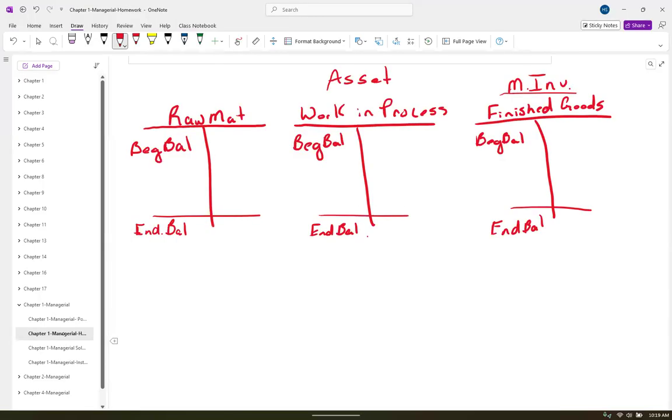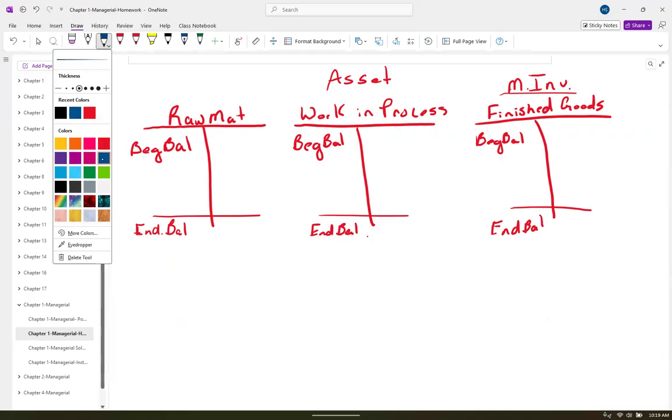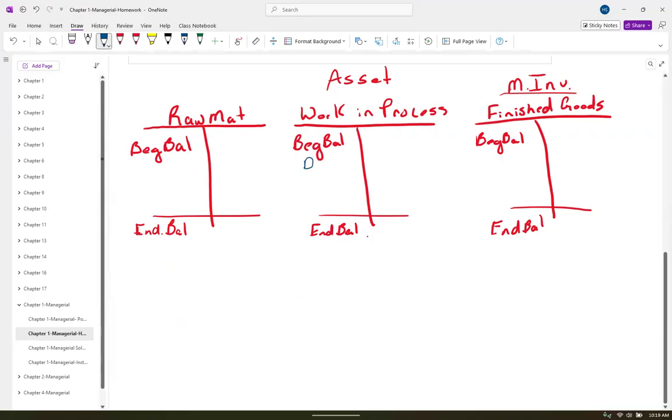So I'm going to jump over here and fill those numbers in to where they go. Okay, let me get a different color. Okay, we have direct materials, direct labor, and manufacturing overhead goes into work in process. Direct materials will come from the raw materials. So what leaves raw materials goes into work in process. Okay. I'm going to fill this one in. So we'll have all of the raw materials things in.